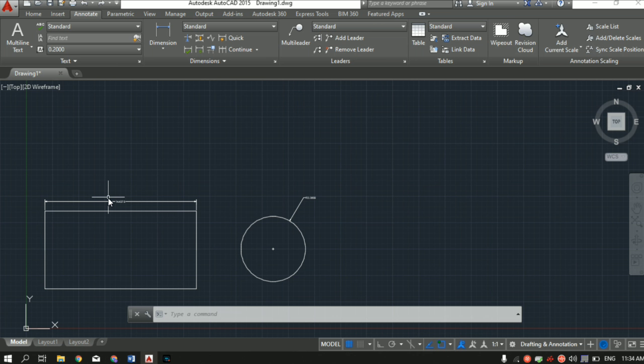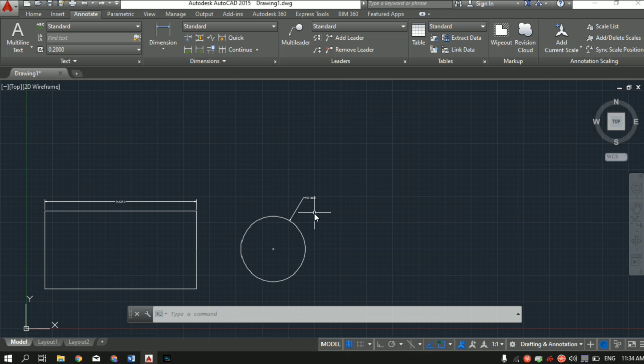So one of the most common problems which a beginner faces is that he has made the entire sheet given the dimensions, but the size of the dimensions is way too small so that it is not readable. There are two simple ways of increasing the height or the overall size of a dimension. The first one is by using the dimension style manager.